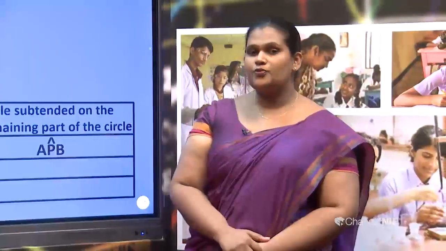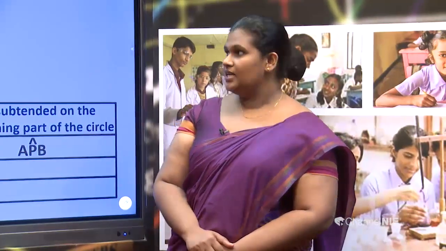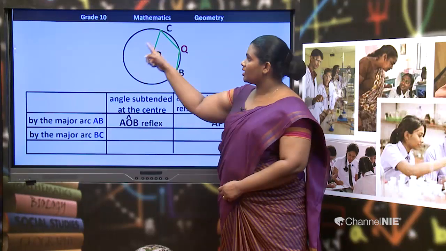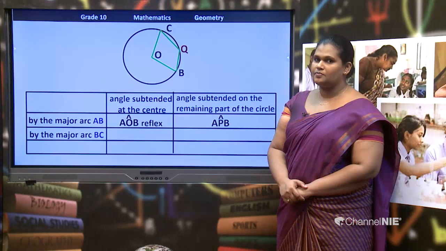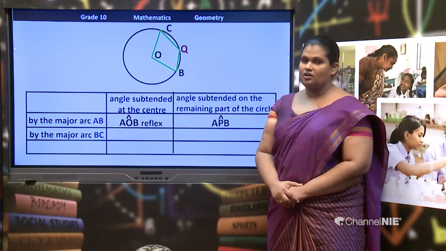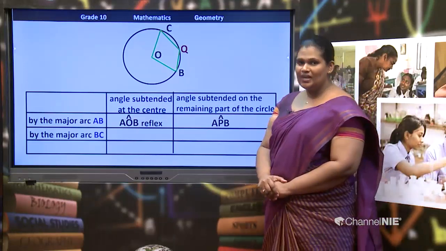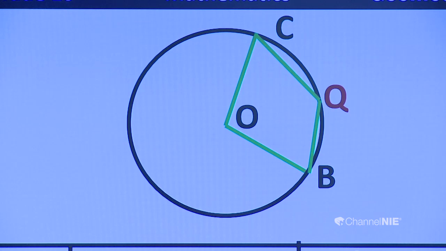Now, here first of all we have to consider the major arc BC. So, here I have mentioned the major arc BC, and now we have to think about the angle subtended at the center of the circle by this major arc. So, here we can see the angle subtended on the center of the circle by the major arc is angle